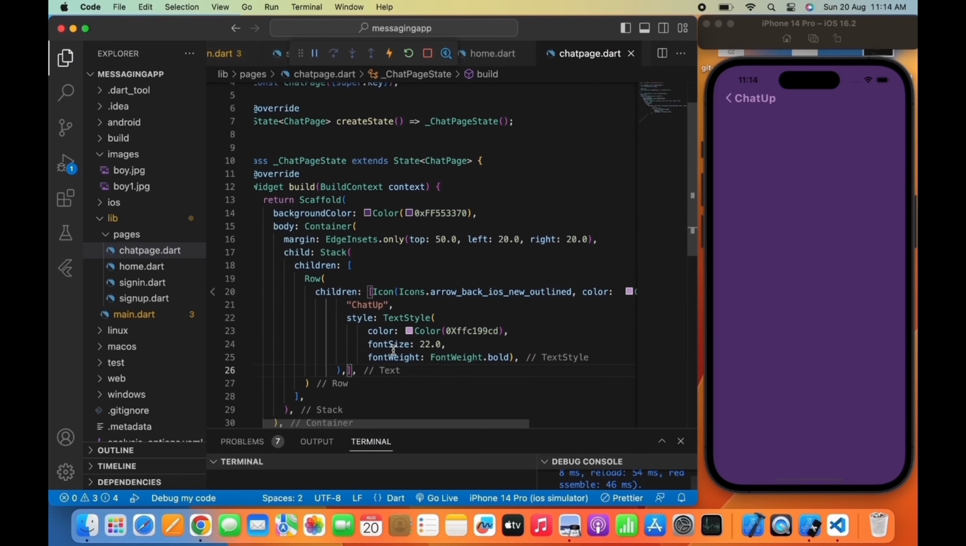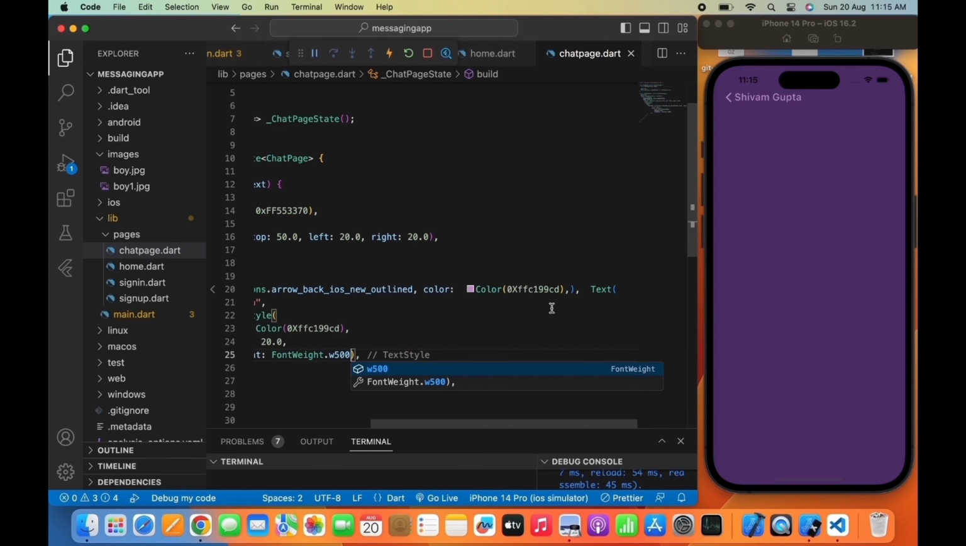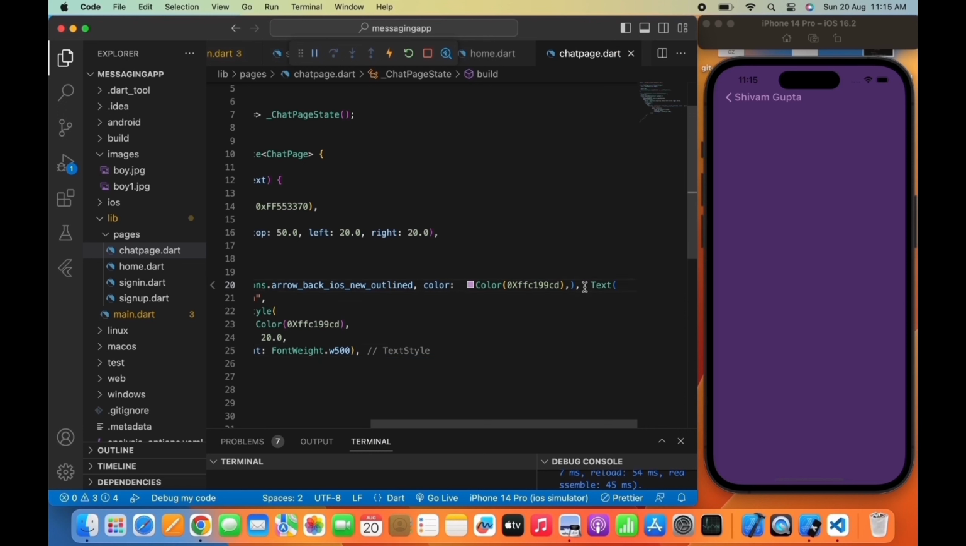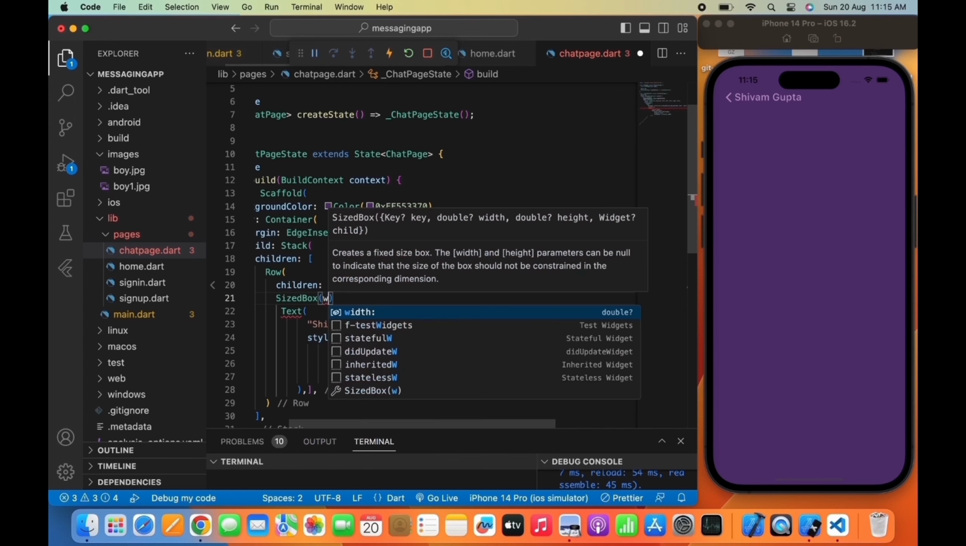and font size 20.0, font weight W500. Basically, I am customizing the text widget according to my choice. If you want the font size and font weight according to your choice, you can use anything you want. And if you want to change the color of a text widget, then you can also give a different color